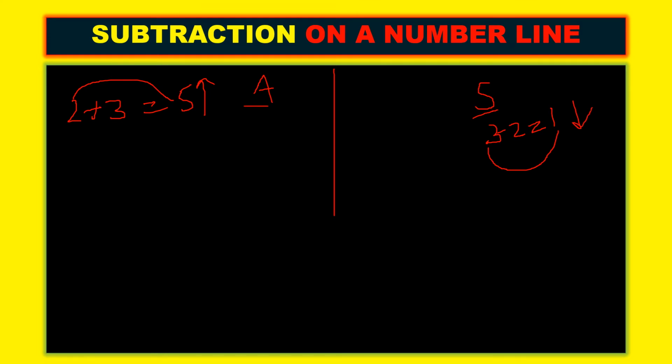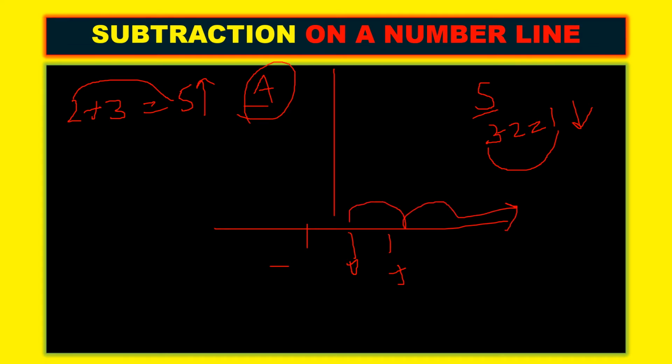So when you see in a number line, you'll have here positive numbers, here you'll have negative numbers. Whenever the value is increasing, means whenever you are adding, it will be on the right side. From 2 to 5 means we are going right side, right? When you go for subtraction, from 3 to 2 means you are going to the left side. So addition means right side and subtraction means left side.